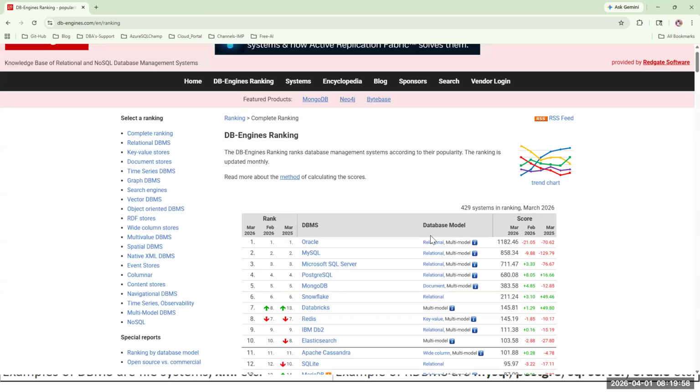Majority of them we will remember, like Oracle, MySQL, SQL Server, Postgres, MongoDB, Snowflake, SAP HANA, DB2, Redis, Cosmos DB, Cassandra, Amazon Aurora, Sybase, at least 10 plus. But almost 389 are available throughout the globe.